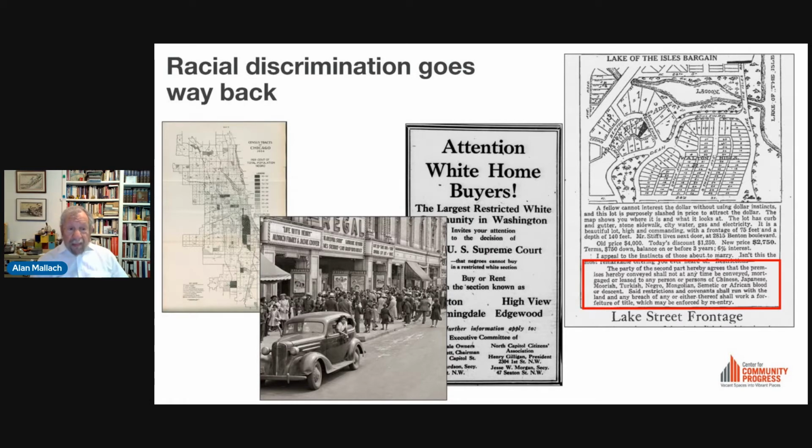Now, that was challenged as well, but the Supreme Court upheld those in 1928 or 26, I forget which, saying that this is okay because it's not the government imposing the restriction. It's the home buyer voluntarily agreeing to the restriction. So during the 20s and 30s, right up to 1948, when the Supreme Court reversed itself and said, hey, wait a minute, this is a bad thing.